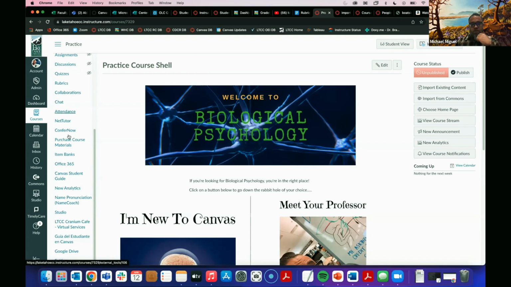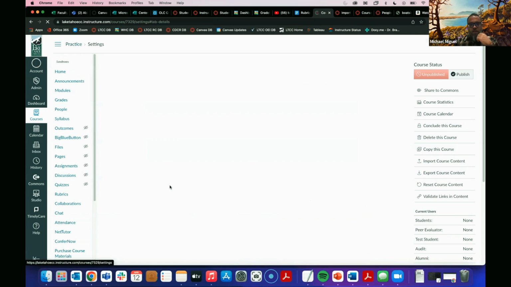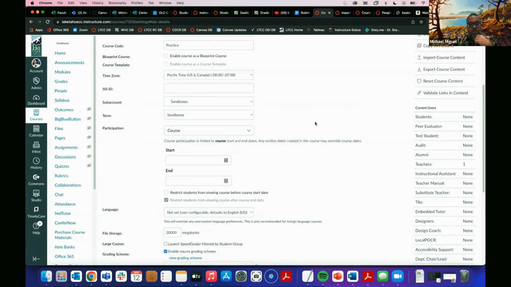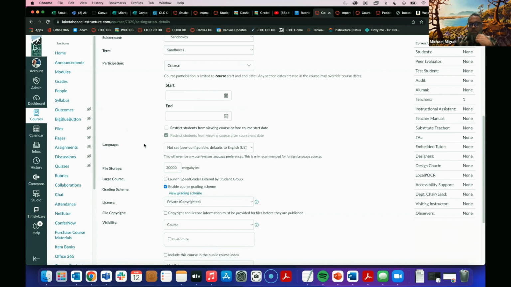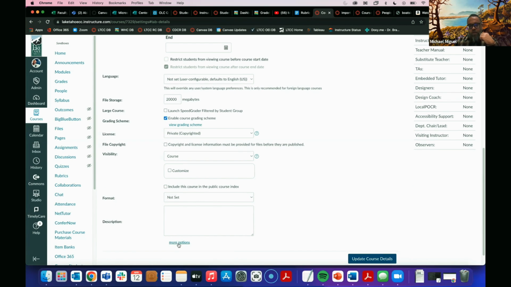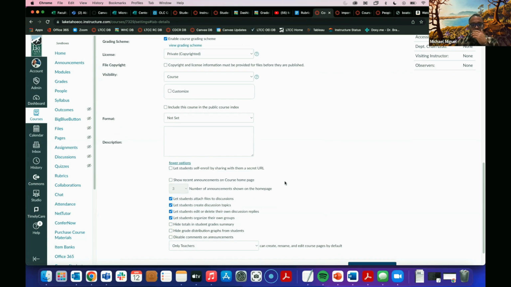the announcements feature, is to scroll all the way down to settings. And Canvas has kind of hidden this from people. I'm not really sure why. I think this is one of the most important things is it's not listed on any of these, so people don't really find it a lot. Down here is this more options, and you can explore these options on your own. Reach out to me and ask me about different things you can do with these more options. But what we're really looking for right now is this one.